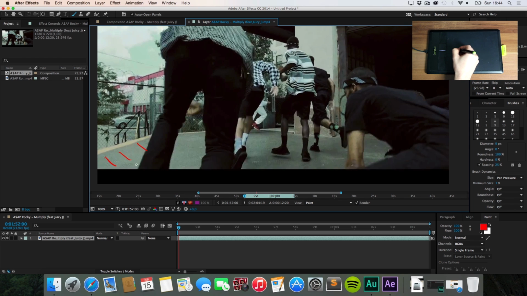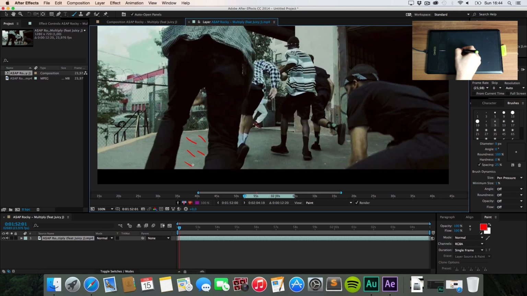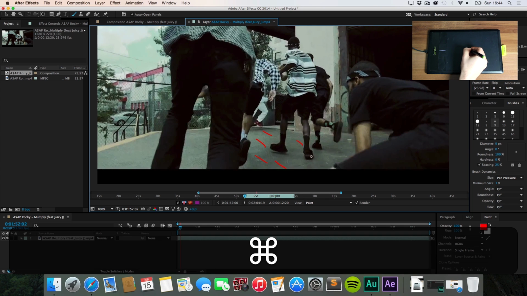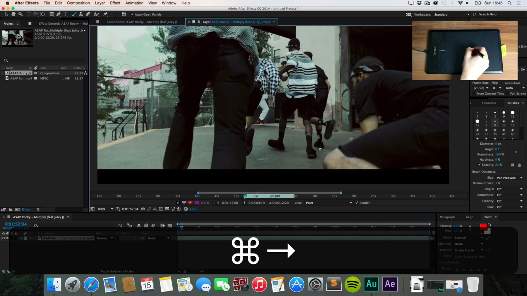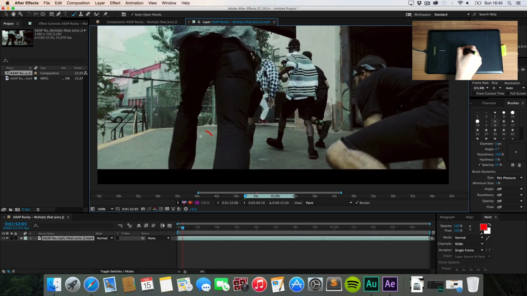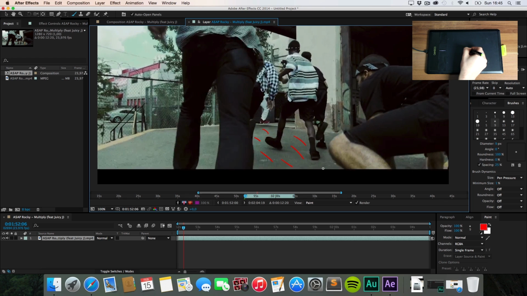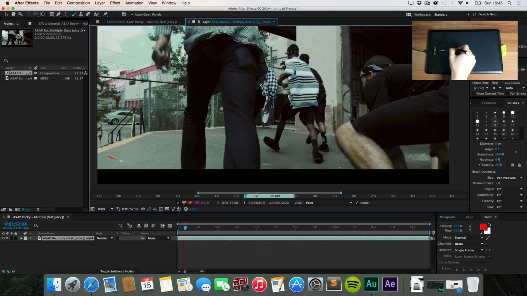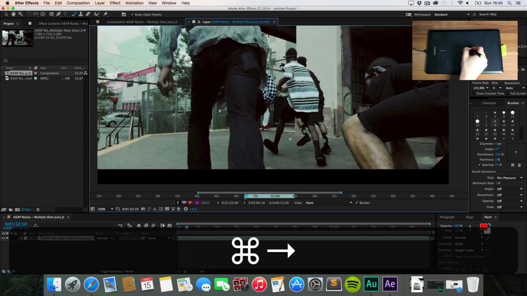You can also make it constant if you want something to be constantly on a shape, but that's not what we want today. So now I'm just drawing something in this little area right here and pressing Command and the right arrow key to switch through our frames. As you can see, in the next frame, start at the beginning again. Draw it out, Command and right arrow. Draw it out, Command right arrow. Draw it out, and Command and right arrow. And also pay some attention to the little details. I'm just doing this over and over again, so we kind of animate the floor a bit.